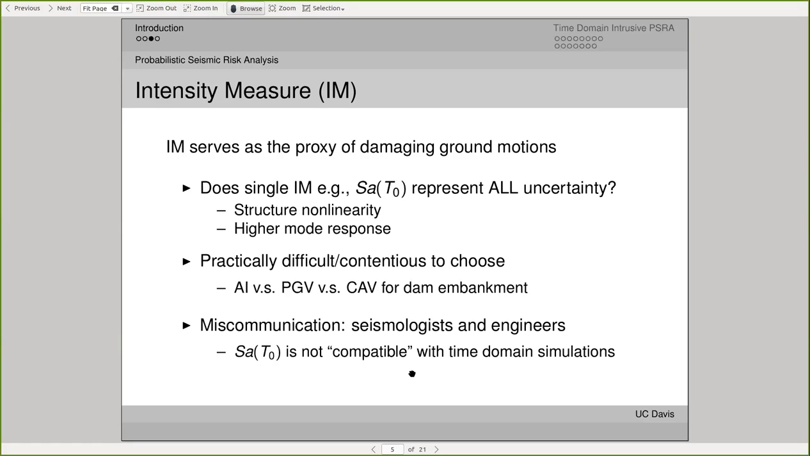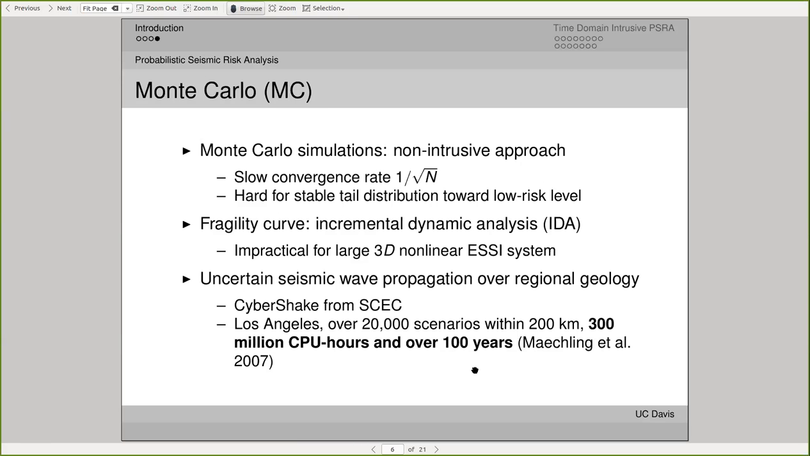So what we're really doing is we're replacing all those choices with a single approach that we're going to talk about in a second. And go back to the next slide. So the Monte Carlo